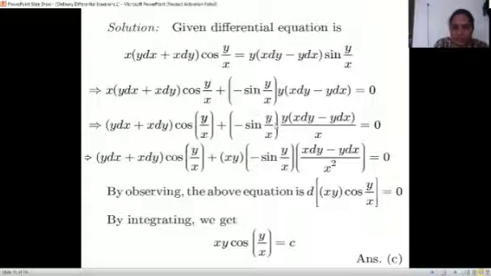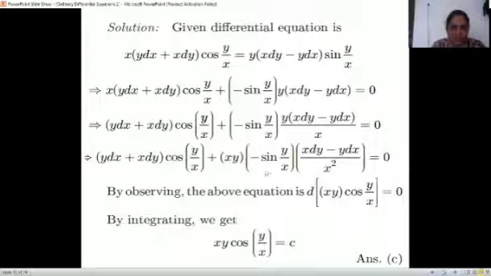So this is minus y as it is. This y will come as it is outside, and here I need x square. So I'll divide by x and I'll multiply by x, right? So that it will not change. So xy into sine into that y is outside, and one x we have multiplied and divided also, right? But if we see this term, this is the derivative of xy into cos y by x.